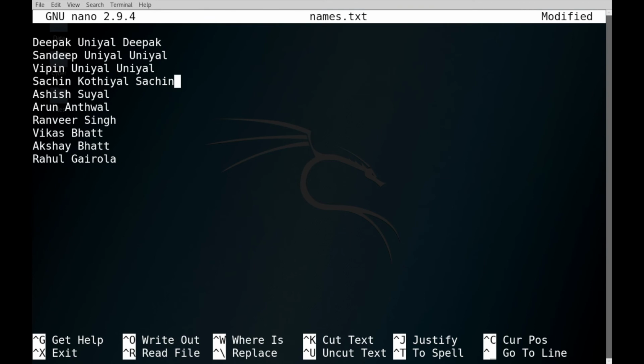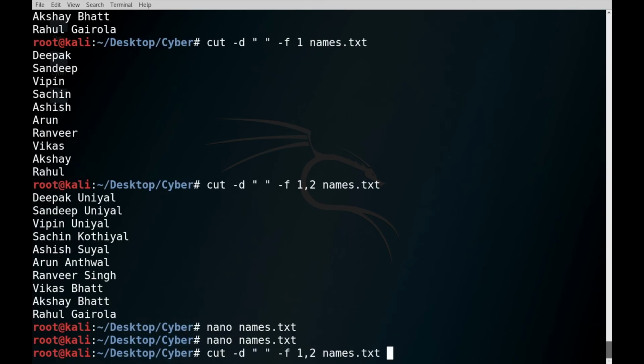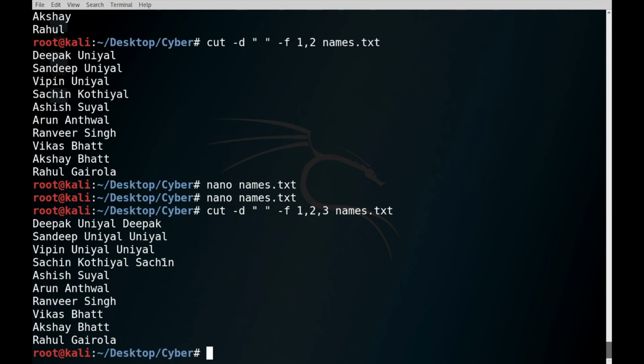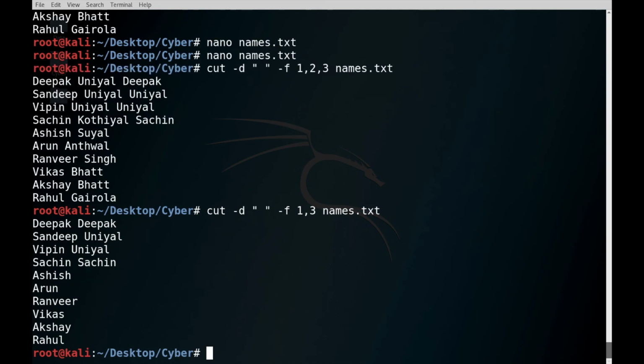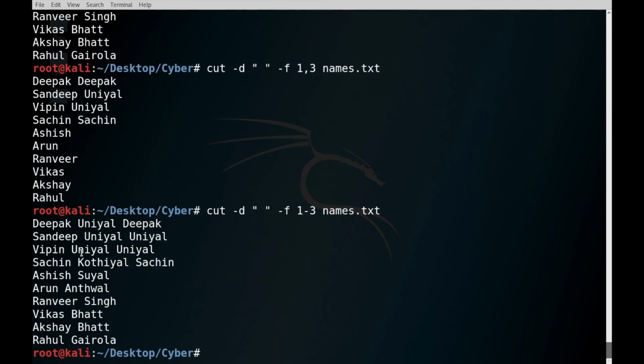So I have provided 3 fields here. Now try to execute that command again, and here I am getting first, second and third field, and in these you are getting 3 fields. Clear? You can also get first and third field out of these lines, and here you go. So I hope you understand this thing now. You can also provide some ranges like you provided in -b and -c option, and here are the full lines because we have 3 fields only.